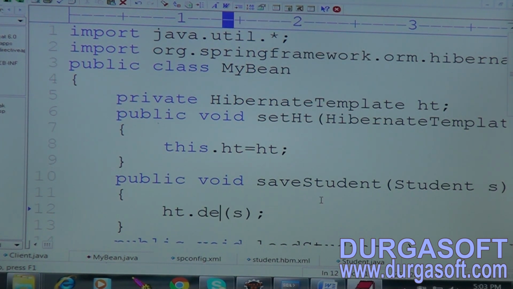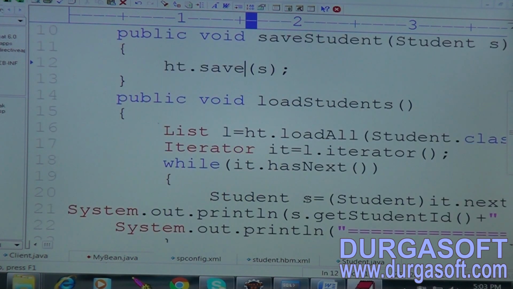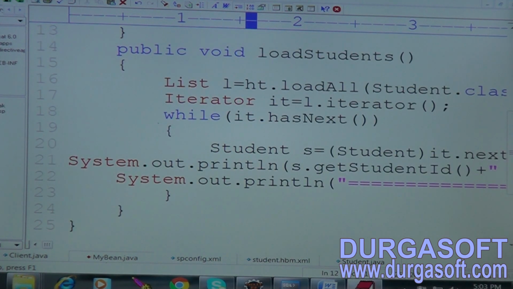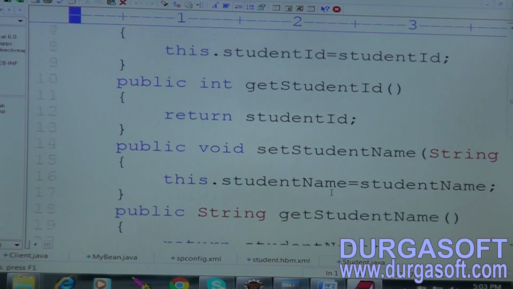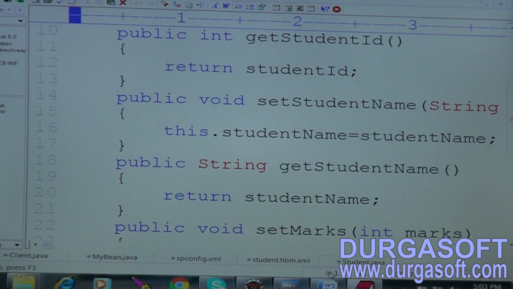Initially we use the save method, then after that load students. That's enough. Then next the configuration file. Before that, this is the Pojo class.